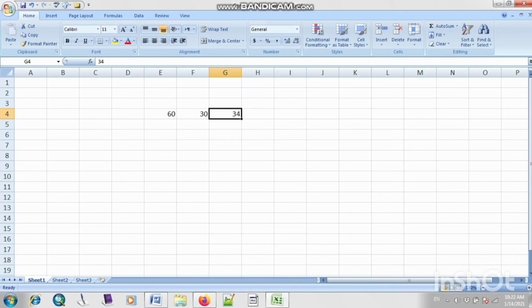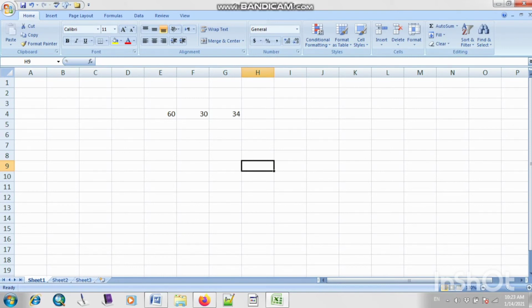Right now G4 is selected, because we have to identify the address of that cell. We have to identify the address of the cell. As you can see, when I click on this option, the column letter which is highlighted right now is H, and the row number which is highlighted is 9.